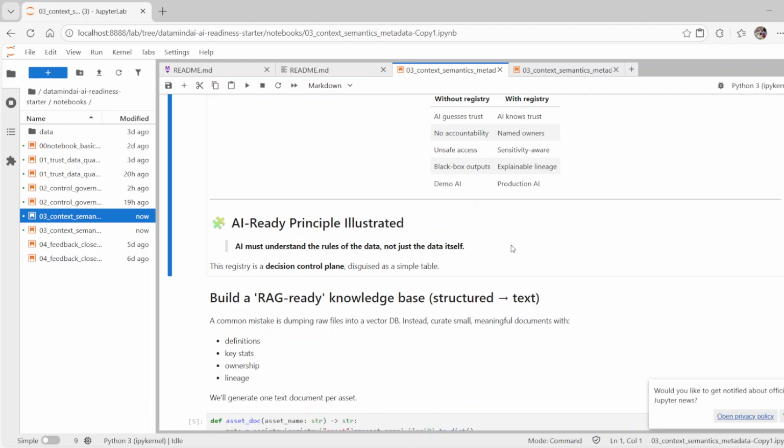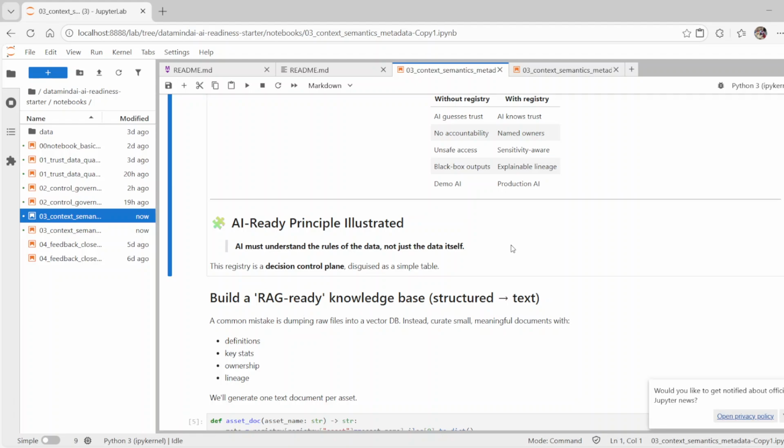Yeah, we decide based on what is inside it. So they built a RAG-ready knowledge base, which is structured to text. A common mistake is dumping raw files into a vector database, and that is a key part here. Instead,